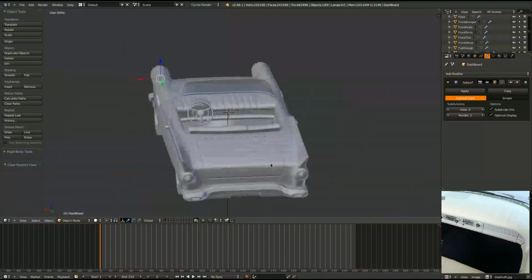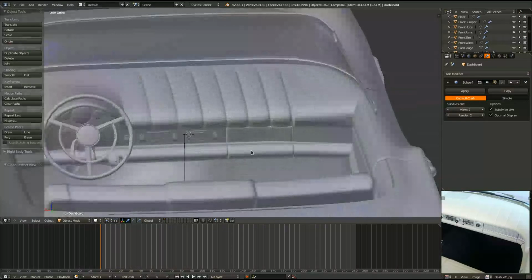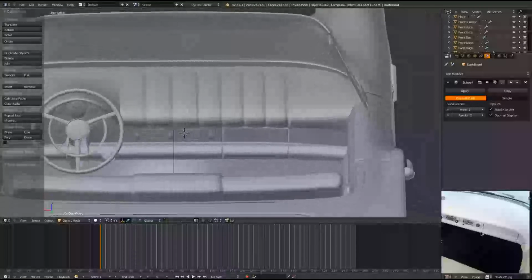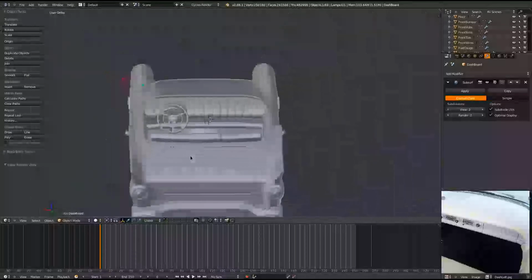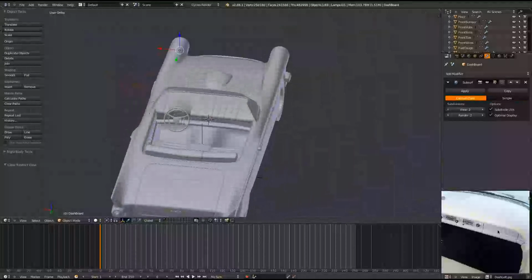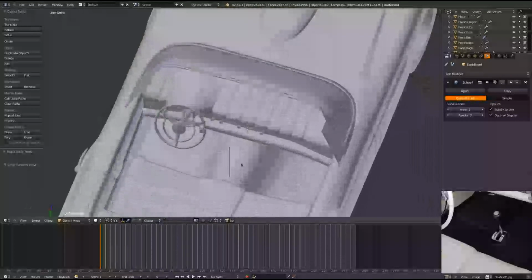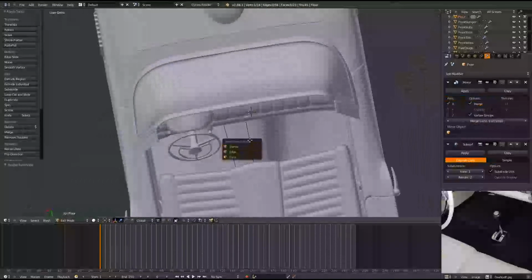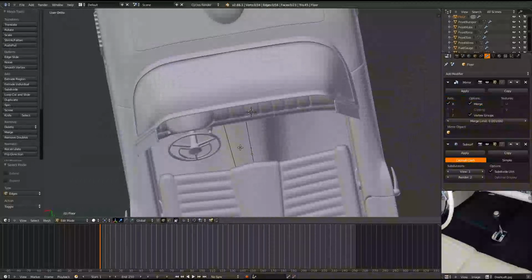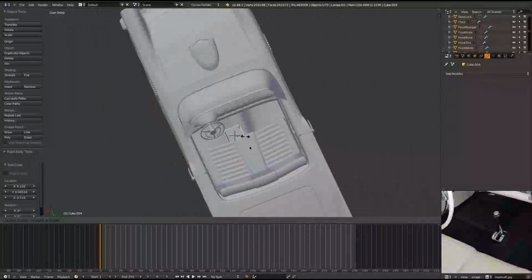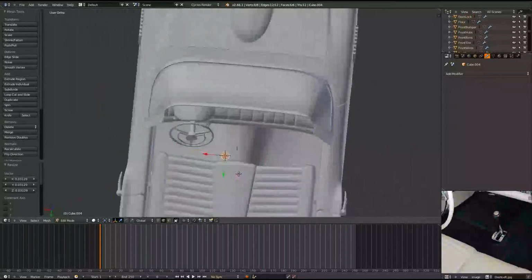If we hit the divide key again on the number pad, we can see all the objects, and it fits pretty well. Looks pretty good. So now let's start working on the shifter. So let's select these two edges right there. Hit cursor to selected. Let's bring in a cube, scale it down,